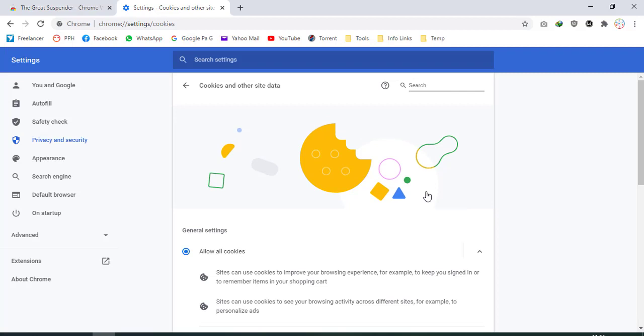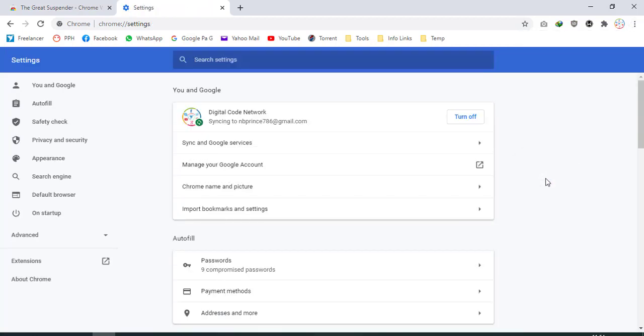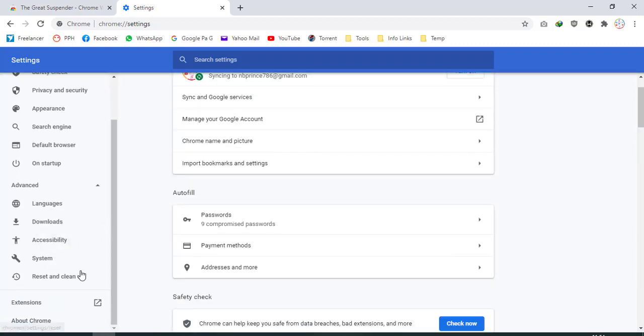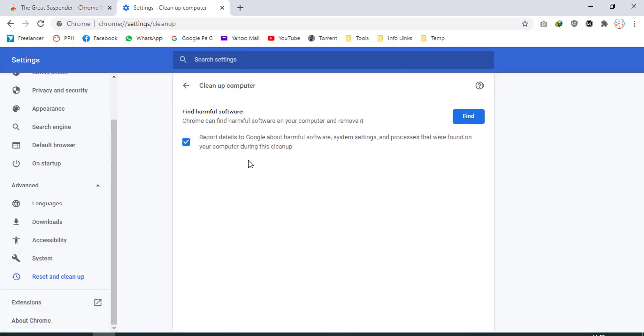So the next step is to check for computer malware. For example, some viruses slow down your browser as well as your PC. Chrome has an option to scan your computer and remove those malware or viruses. For that, go to settings and then click on advanced, and from here reset and clean up, then clean up computer.